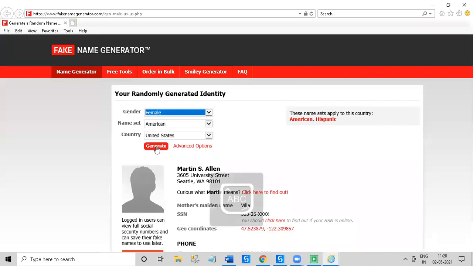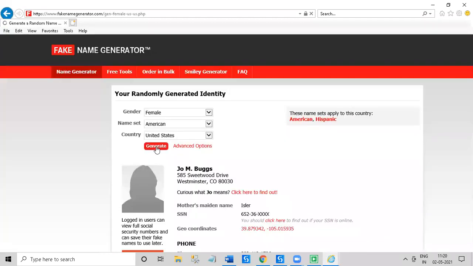This data is present on the desktop in an Excel file, and every time the robot is taking data from the Excel sheet and passing it into this application. Every time, a fake name is generated along with some different data.